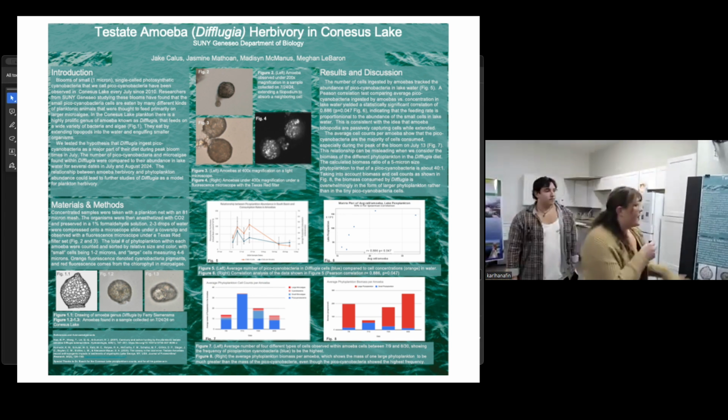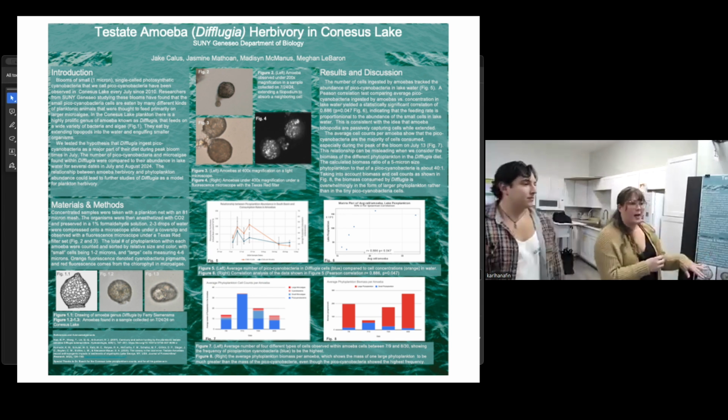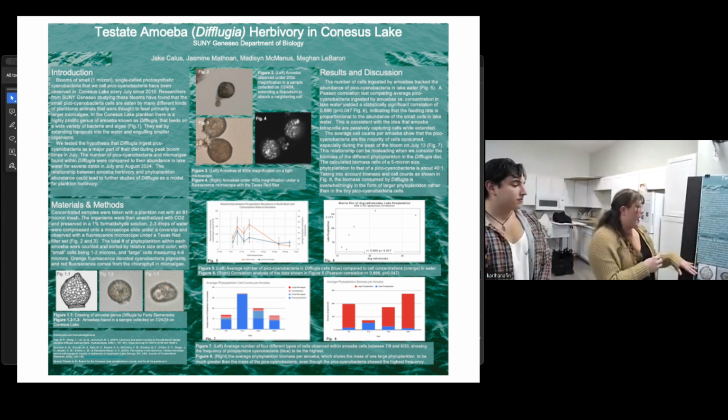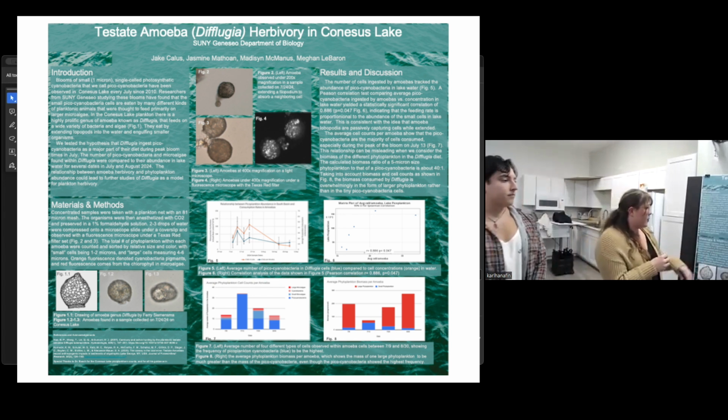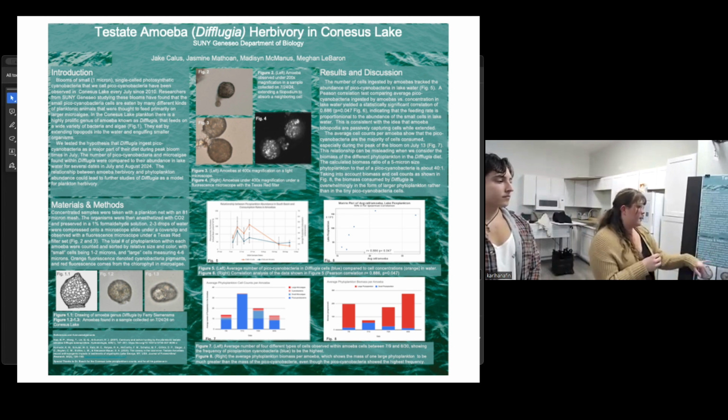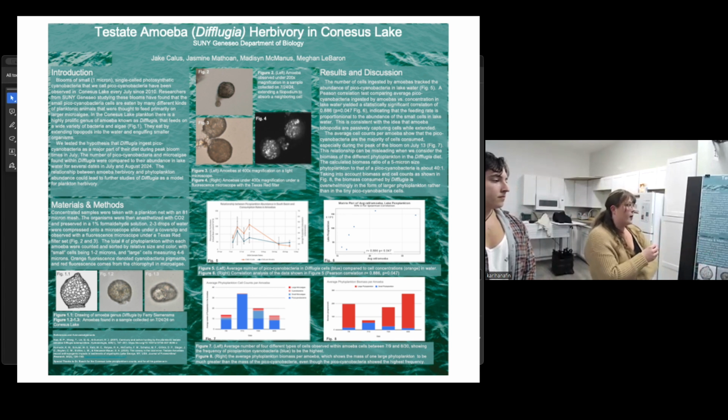So we collected our data using a very fine mesh net that we towed behind a boat. And then we analyzed the data underneath a microscope, first a regular microscope and then an electron microscope. We were able to differentiate between the sizes of the cells within it. Small were 1 to 2 microns, and large were measuring 4 to 6 microns, and we classified the orange fluorescence as cyanobacteria pigments, and the red fluorescence was the chlorophyll from microalgae.